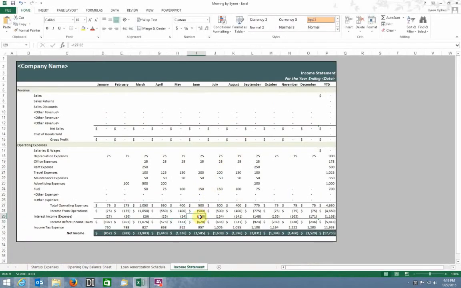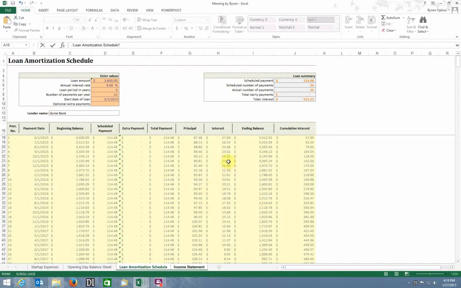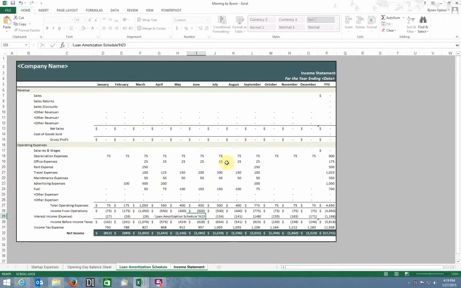Okay, month 6. Now, I like to link it like this. I know this is kind of painstaking. It might even be easier to just write it in. But the nice thing is once I get this entered, if I thought that I needed to go back and change my loan amount, maybe I decided I don't have enough equipment or something, I need to borrow some more, it's going to automatically change these. Okay, and so that becomes just a wonderful thing. Okay, now I've gone far enough that I can kind of show you what I mean by backing in a